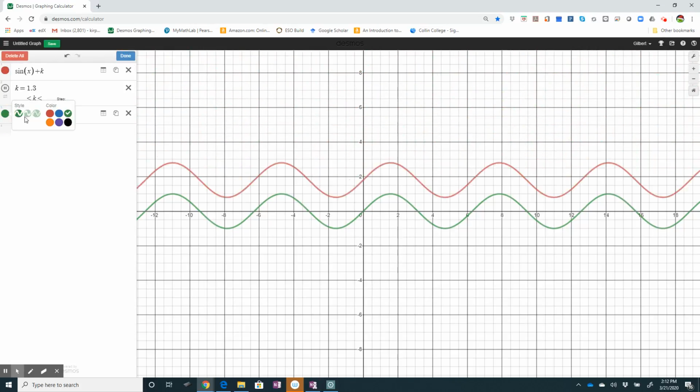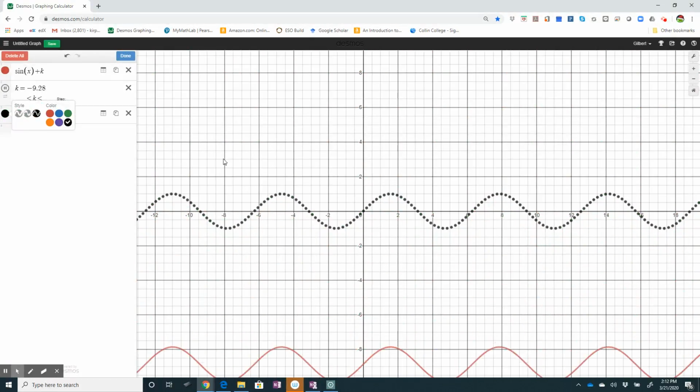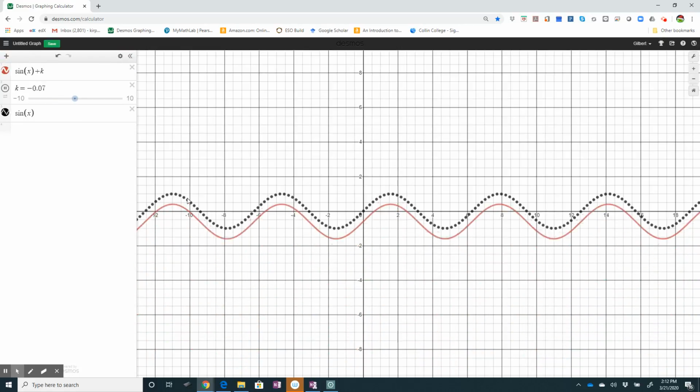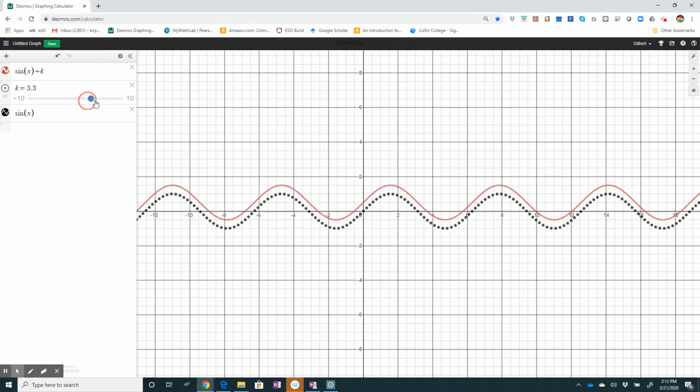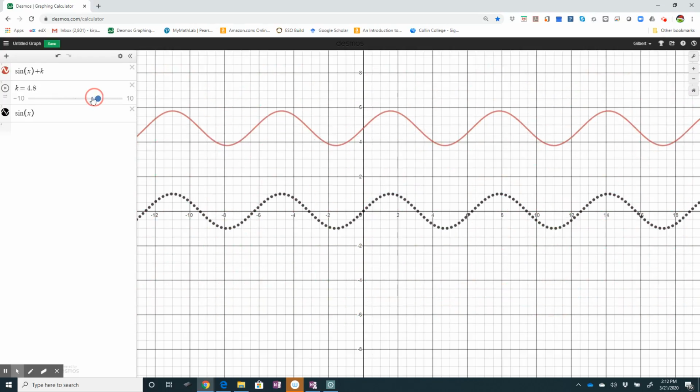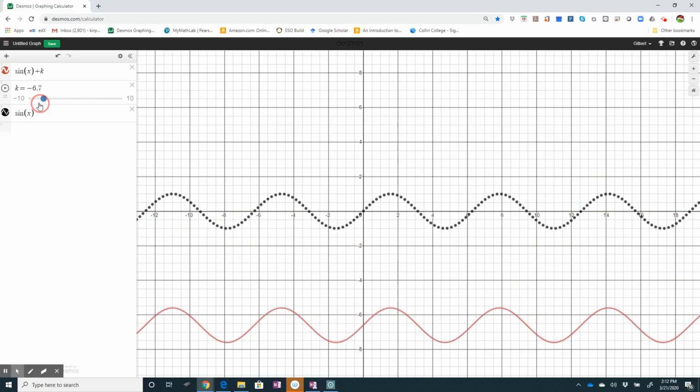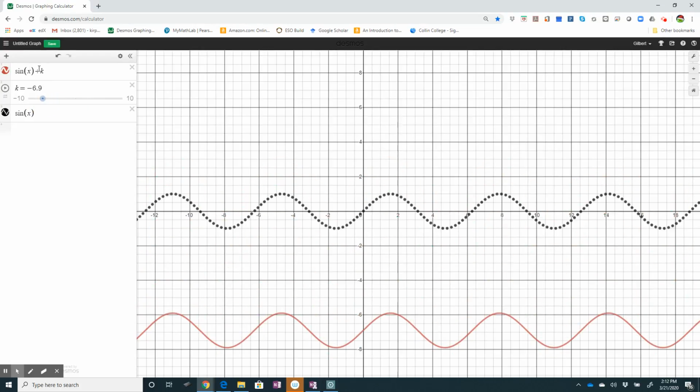Change the color to make it black. All right, so the original sine is right there, and you can see that if it's positive, it goes up, and if it's negative, it goes down. So that's all adding a number after the fact. And when I say after the fact, I mean it's not inside the function, it's outside the function. So anyway,